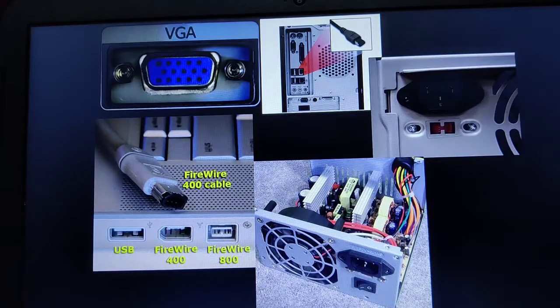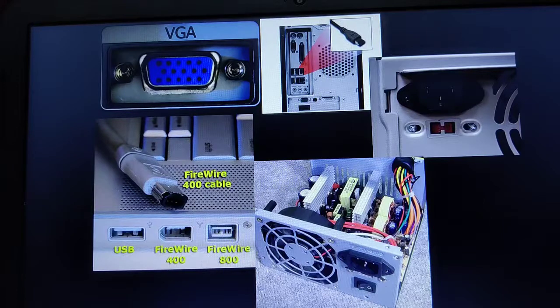Moving on to the next port, the FireWire. As we have the USB port, which is used to connect external or peripheral devices, similarly we have one more port known as the FireWire port, which is another popular connector for adding peripheral or external devices to our computer system. Just as the USB is used to connect 127 different components to our computer system, FireWire's main functionality is also to connect external devices.